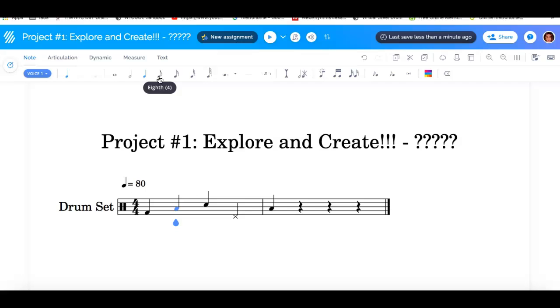I'm going to change this to eighth notes. So I'm going to click on it. So it changed it to an eighth note. And of course, an eighth note is half of a beat. So it made the other half of the beat a rest. You can leave it like that if you'd like, or place your mouse somewhere. Let me move that over. Somewhere, and